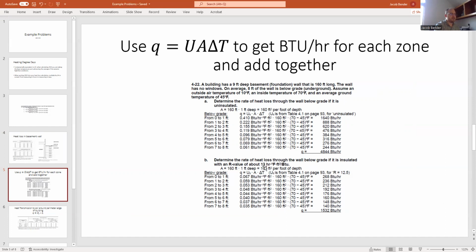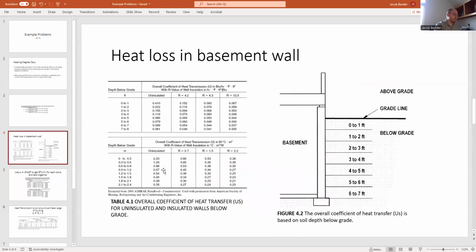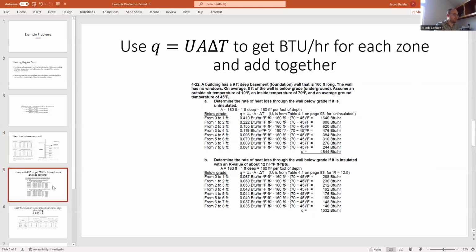I'm pretty sure this is a typo and it's supposed to say 12.5, so we're going to go ahead and do that. Same exact process, where we're dealing with the top here because we're not in metric. This column for your R values now, plugging everything in. Same temperature differential, same area, and you get